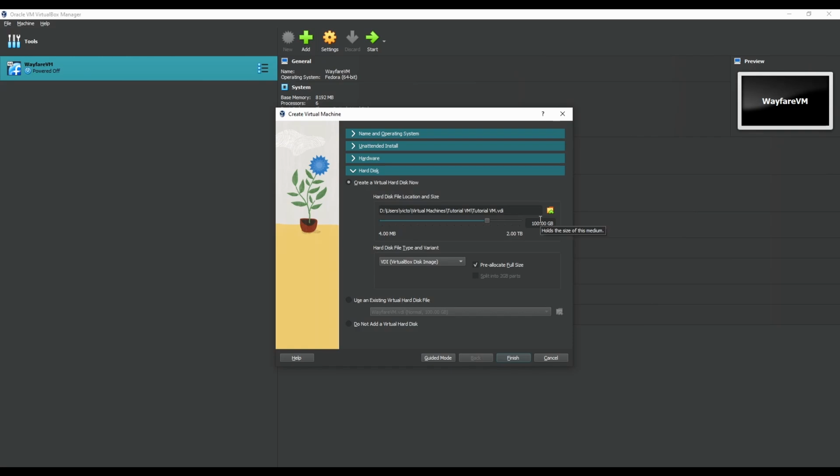And as time goes on, as we add more data to it and install stuff to it, that virtual hard disk would slowly grow to the specified amount. But if you just want to set it all at once and just have it be at that size, then just do what I do and check this box. Once you have all that set up, click Finish, and it will set up our virtual machine